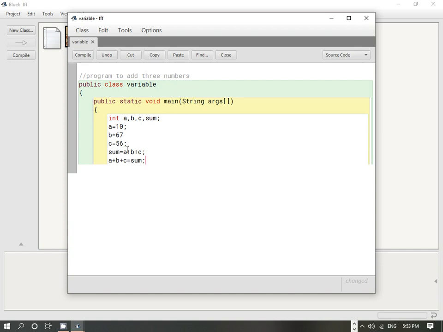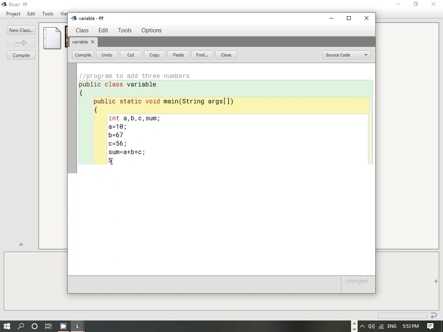So you should always write down the variable in which we are assigning any value, in which we are doing any calculation, on the left hand side, and on the right hand side you have to provide whatever formula you are applying or whatever calculation you are doing. So this is the correct method. Then we have calculated the sum. The next thing is to print the sum.